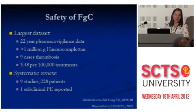So safety of fibrinogen concentrate, this is a big issue. The largest data set comes from CSL Behring, which produced Haemocomplettan, which is the most well-known fibrinogen concentrate. So 22-year pharmacovigilance data looking at over 1 million grams of this stuff being given. And they provide data of 3.48 thromboembolic events per 100,000 treatments. These patients are all comers, but the majority of them are congenital hypofibrinogenemia patients, and they may be